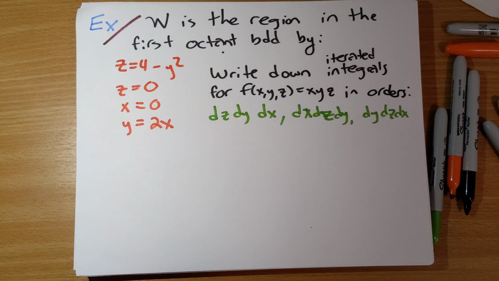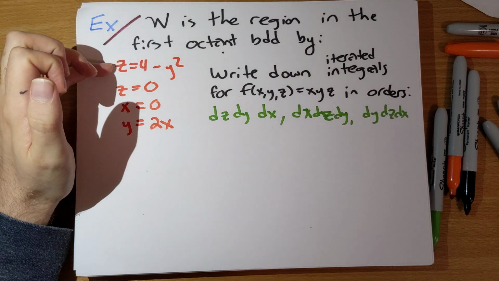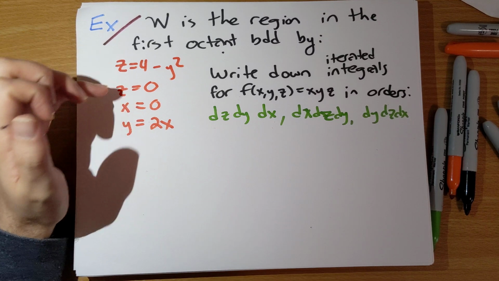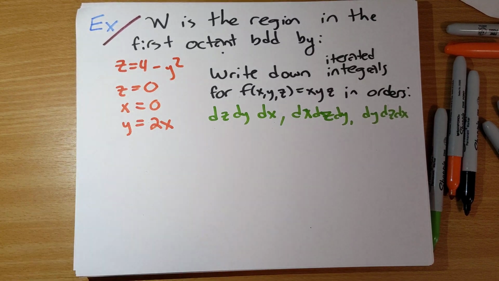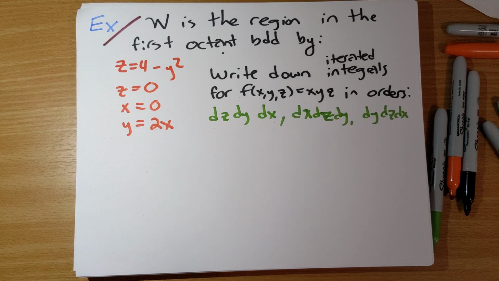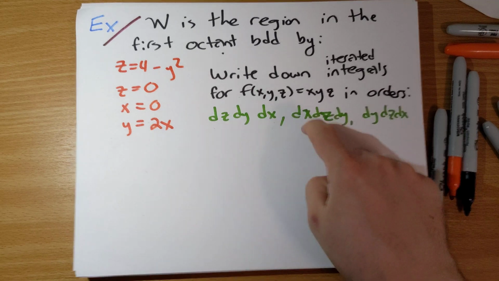Take a look at this example. W is the region, the first octant bounded by z equals 4 minus y squared, z and x both equal to 0, and y equals 2x. Write down iterated integrals for f of x, y, z as x times y times z in these 3 different